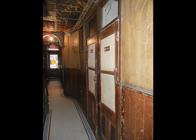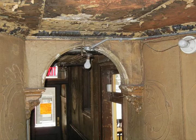evidence of the 1863 construction of the building, major alterations that went on probably in about 1905, other changes over the years that took place, as well as new interventions that were made by the museum that are also evident. So one of the ideas was to bring people into the hall and ask them to look around and see what they can see. What do they think is original in the building and what has changed over the years? Just to get people to focus on all these details that are around them that they might just walk by at any time. So the most prominent original features are this arch here, which you can see over there, and